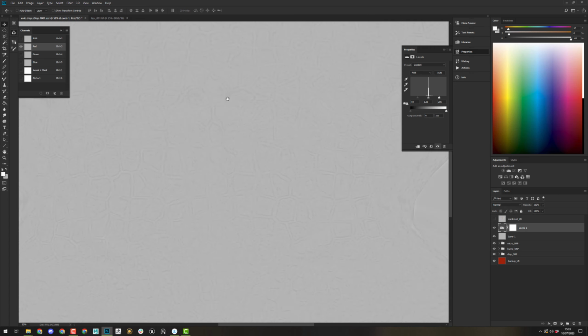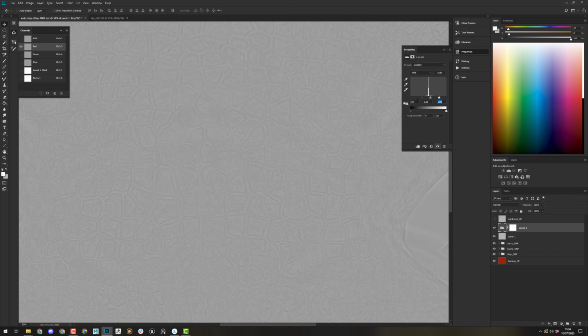Isolate the red channel. Perfect. Yes, it's better. Okay, so maybe I want to raise this contrast intensity to like plus 80, minus 80,